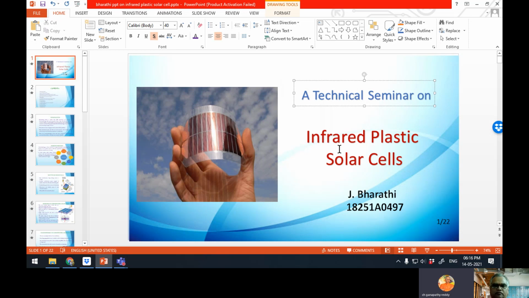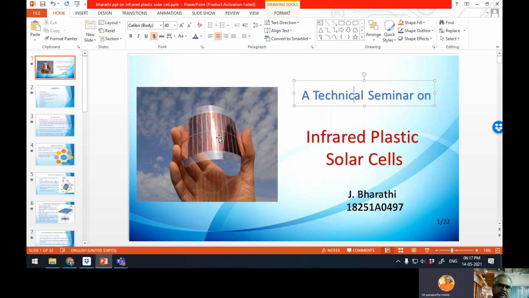And the topic is important. Even "technical seminar on" is not a must, but some are writing it. It is not a mistake, but it should not be highlighted. Here the student has shown one image. Always an image speaks 1,000 times better than words. It's an infrared plastic solar cell. Plastic, so it is bending, and it is a solar cell.